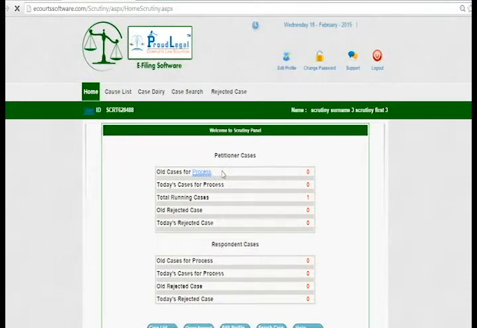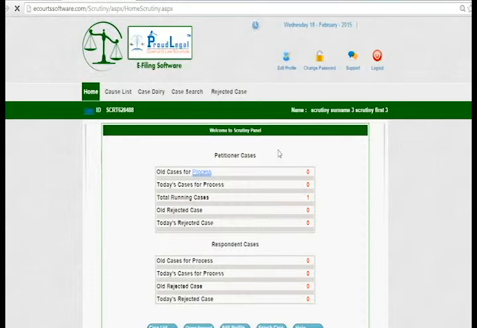Alright, and as I told you earlier, what is Scrutiny? Scrutiny is a person who is working under the registrar, right? So registrar is the main officer of Scrutiny, and a single registrar has more than one Scrutiny, or more than two Scrutiny, whatever the need. So Scrutiny can view all the cases of registrar panel. On the behalf of registrar, Scrutiny can work like a registrar. If there is any case which requires some more details, some more documents, they can reject the case.